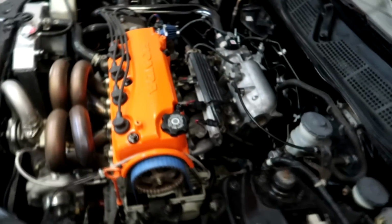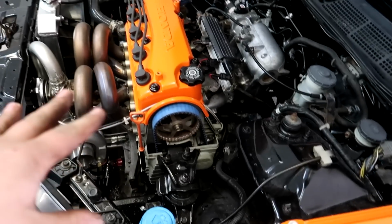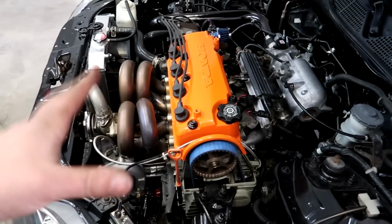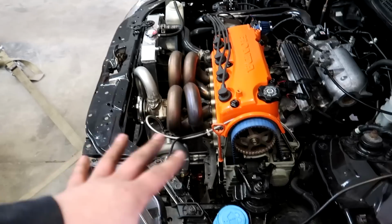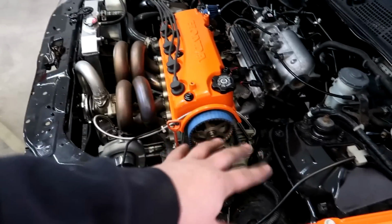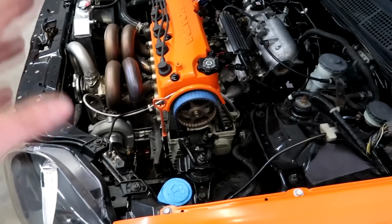We pulled the timing belt off of it, and we actually tried a tooth forward and a tooth back. The reason we did that is because this is a full Y8 that came with this car. It shouldn't be like some crazy mini-me swap or anything like that, but I always seem to have issues with timing on single cams, especially when you take a Y7 bottom end and put a Z6 head on it and use the Y8 cam gear, and it just screws everything up, ignition timing wise and